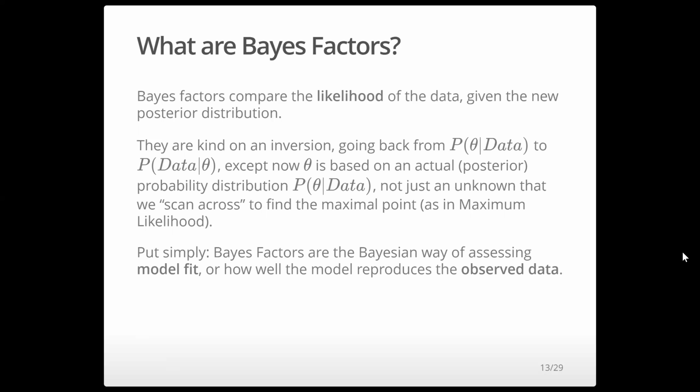In maximum likelihood, theta is treated as an unknown. Now we're treating theta as a known quantity, or p(theta) as a known quantity, which is based on our posterior p(theta | data). So in a sense, Bayes factors are a Bayesian way of assessing model fit, or how well the model reproduces the observed data. Because we're going back to say, this is the probability that we would have gotten this data from this